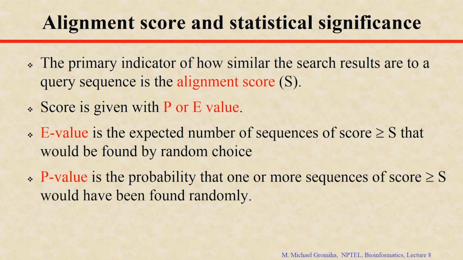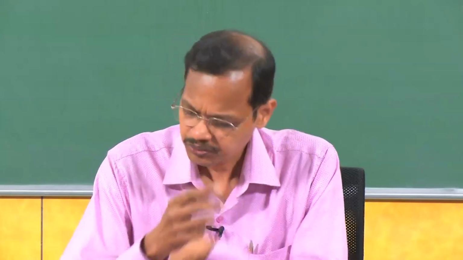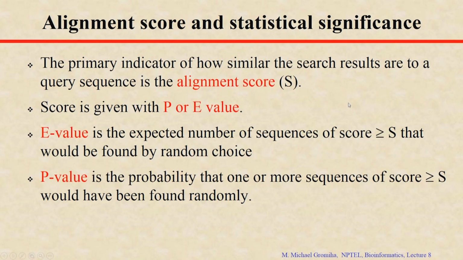So, now how to compare the sequences and how to estimate which alignment is the best? There are various measures to examine the scores for the best alignment or the bad alignment. One of the indicators used to measure the alignment is the alignment score. You can get this score with the highly maximum pairs, and also with the p value or